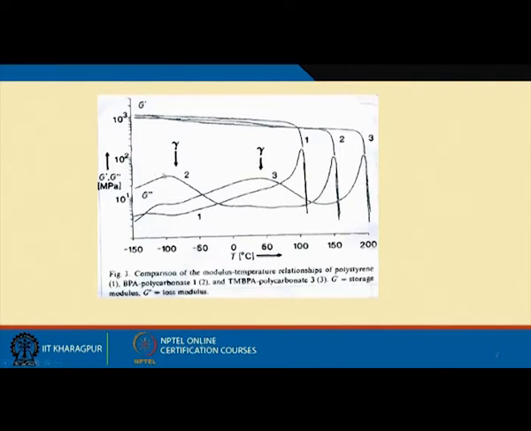So, you see that for bisphenol A polycarbonate, your gamma relaxation is around minus 105 degrees Celsius. It's a range, not exactly a specific point. When you substitute with tetramethyl, 4 methyl groups, what happens? Your Tg goes up, as you can see from the G prime, by around 50 degrees Celsius, but the gamma relaxation point, which was here for bisphenol A polycarbonate, has now come to this point, which is close to 45 degrees Celsius.